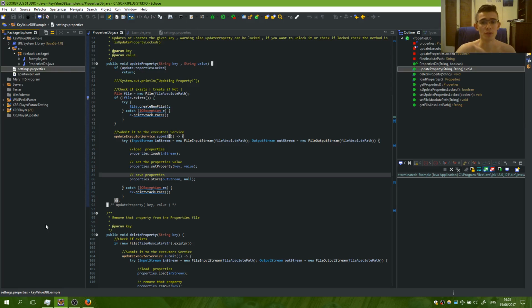So if you had the key town and it had the value Athens, and you update property town and give it a value, the name of some other town,